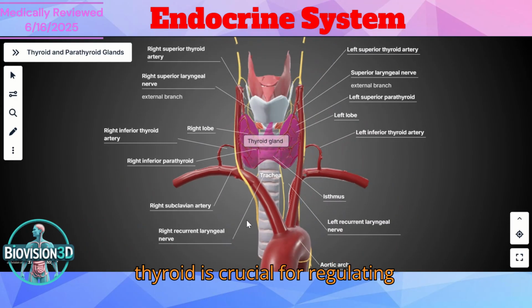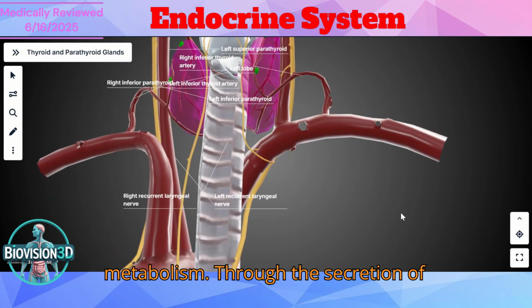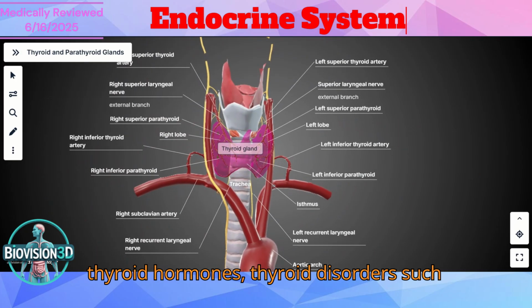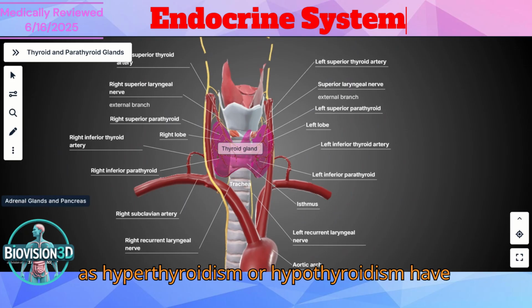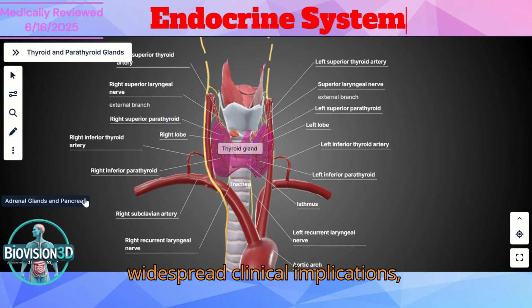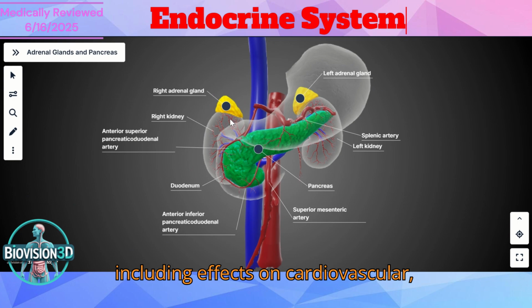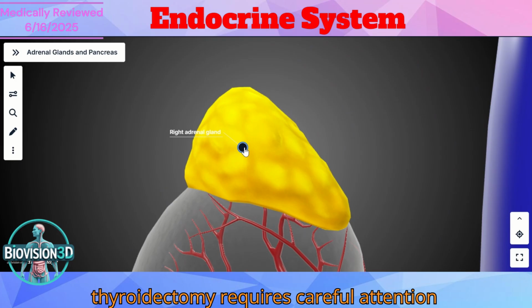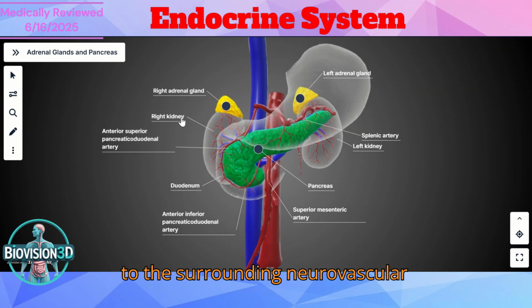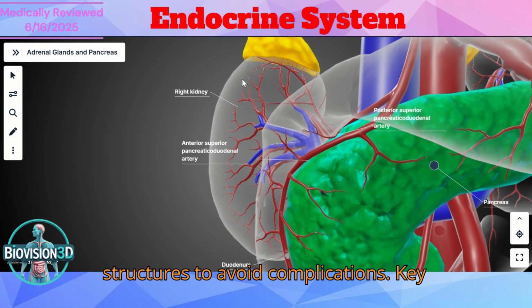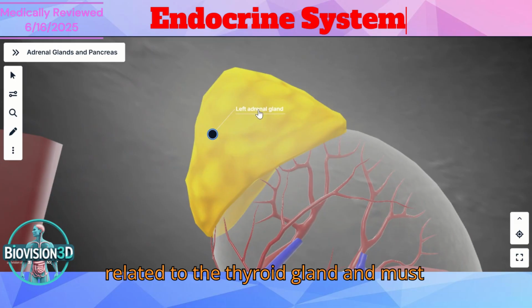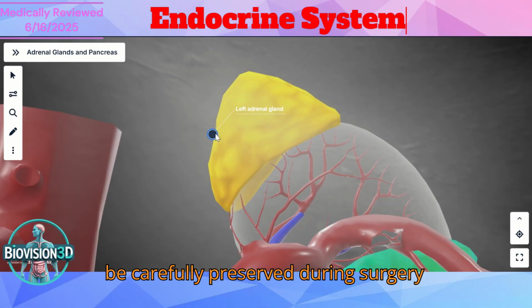The thyroid is crucial for regulating metabolism through the secretion of thyroid hormones. Thyroid disorders, such as hyperthyroidism or hypothyroidism, have widespread clinical implications, including effects on cardiovascular, nervous, and musculoskeletal systems. A thyroidectomy requires careful attention to the surrounding neurovascular structures to avoid complications. Key neurovascular structures that are closely related to the thyroid gland and must be carefully preserved during surgery include